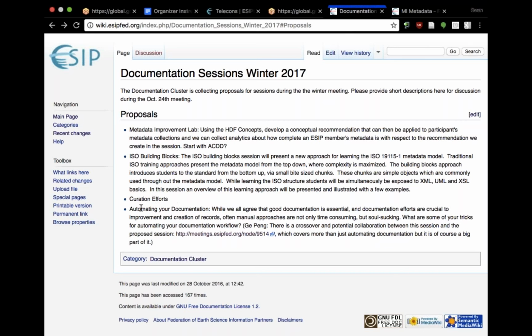Also, if you're interested in automating your documentation, this seems to be something of a more NOAA flavor session, and curation efforts maybe more of a NASA one, although I do encourage crosstalk. I think that the more diverse a cross-section of speakers we have from all of the different organizations that have a stake in ESIP, the stronger our sessions will be.